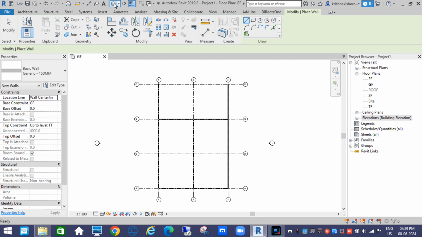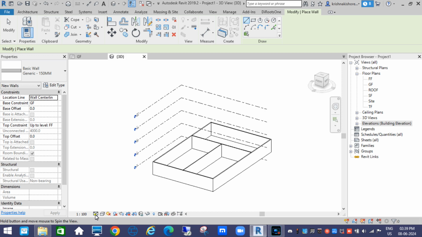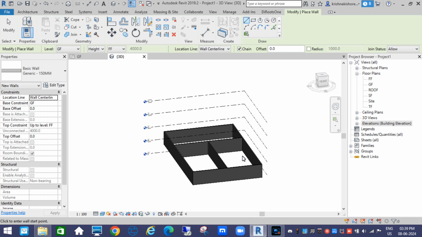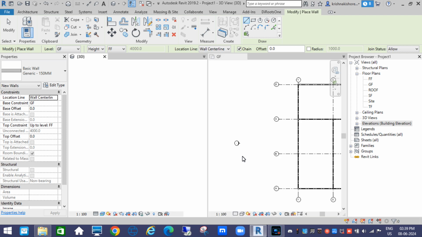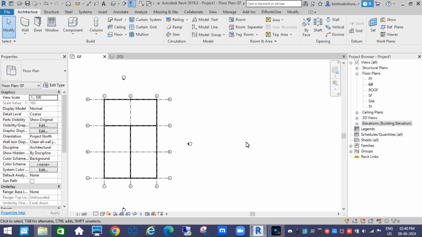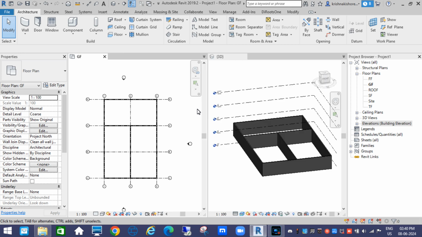So go to 3D view. Okay, see here, your wall is clear. If you want to see the floor plan view and the 3D view side by side, there is a command called WT, window tiles. You will get the floor plan and this one side by side, or TW, it will go to a single window. However many windows you have open,